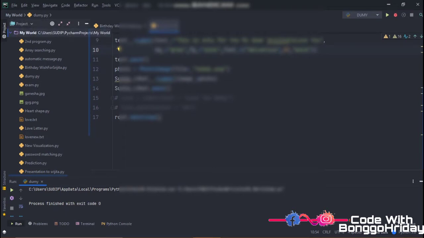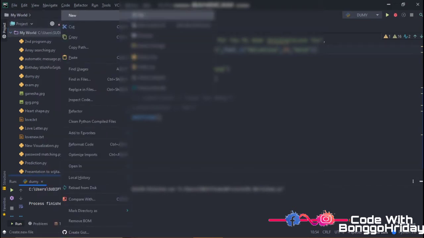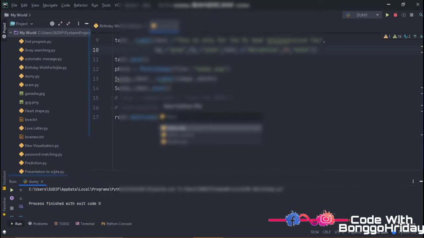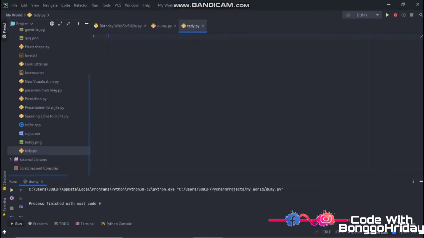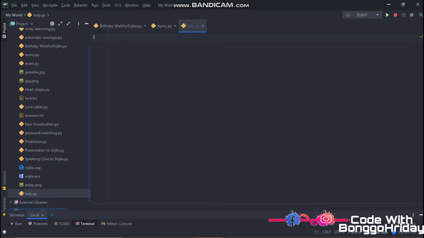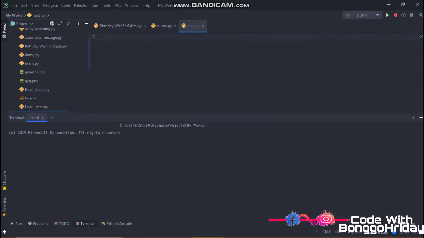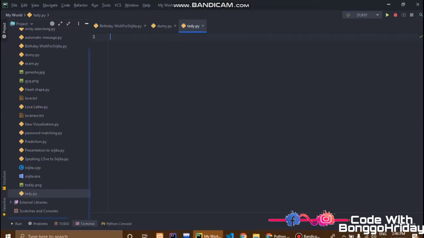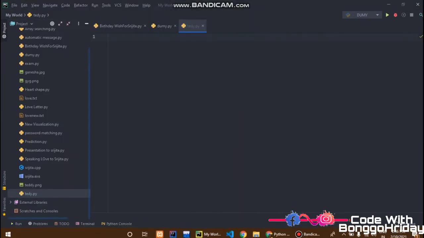And I want to make a file, so I want to make a Python file, and that can be teddy.py. So I'm making the Python file. After that, I have to use the Tkinter. Means at first you have to install the module, that is Tkinter. But if you have already installed that, then I will not say you to install. Means you have to just write here, like you have to get the cmd.